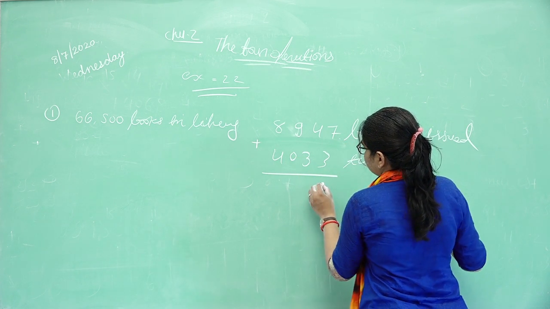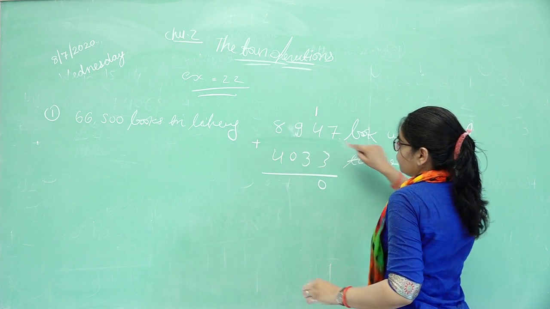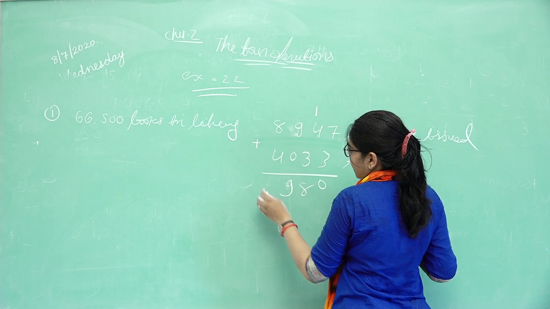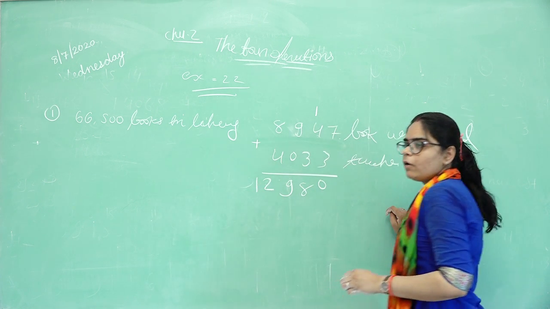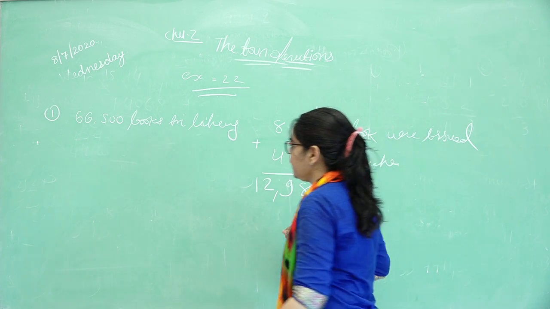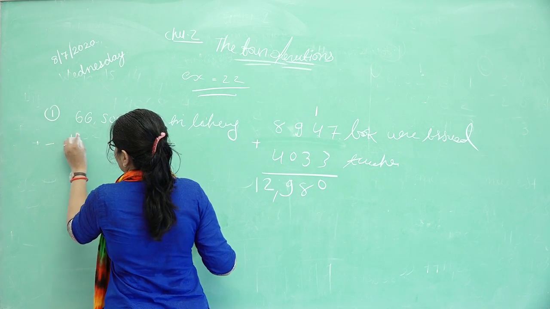7, 8, 9 and 10. 0 here, 1 carry over. 4, 5, 6, 7 and 8. Then 9, 8, 9, 10, 11 and 12. How many books were issued and plus teachers given? 12,980. Then minus here